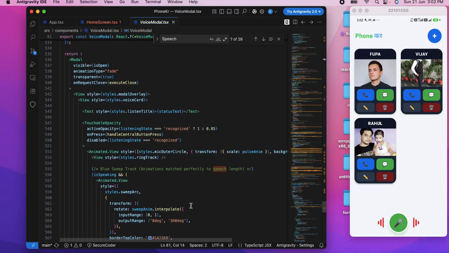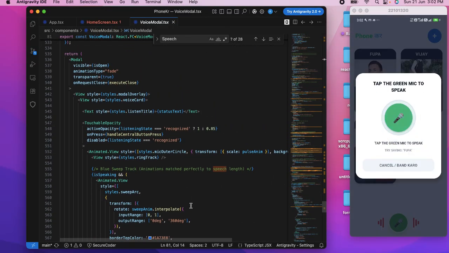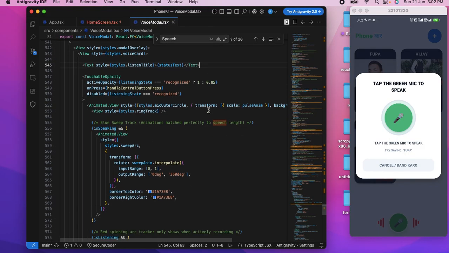Okay, now again we have the same concept here. We have the circular button inside this. We are changing the image by checking the state, whether it's hearing or speaking. So we just need to figure out how the speaking code is working here. So let's click on this handle center press button.